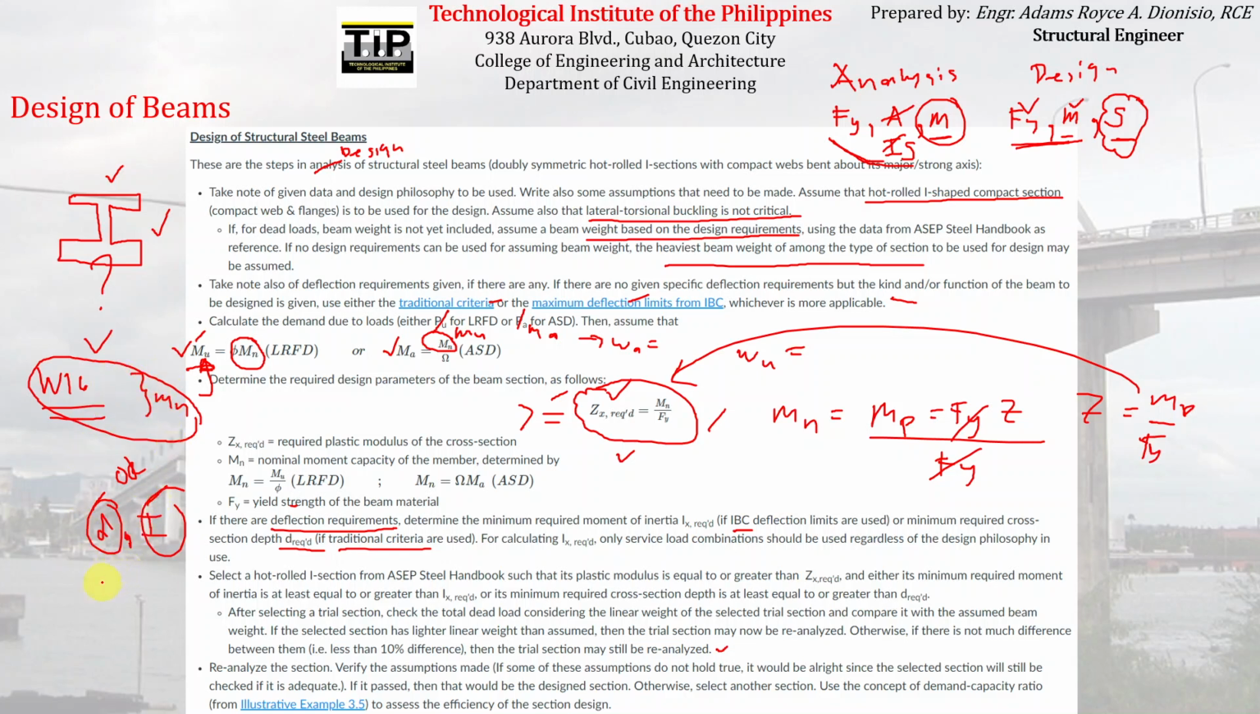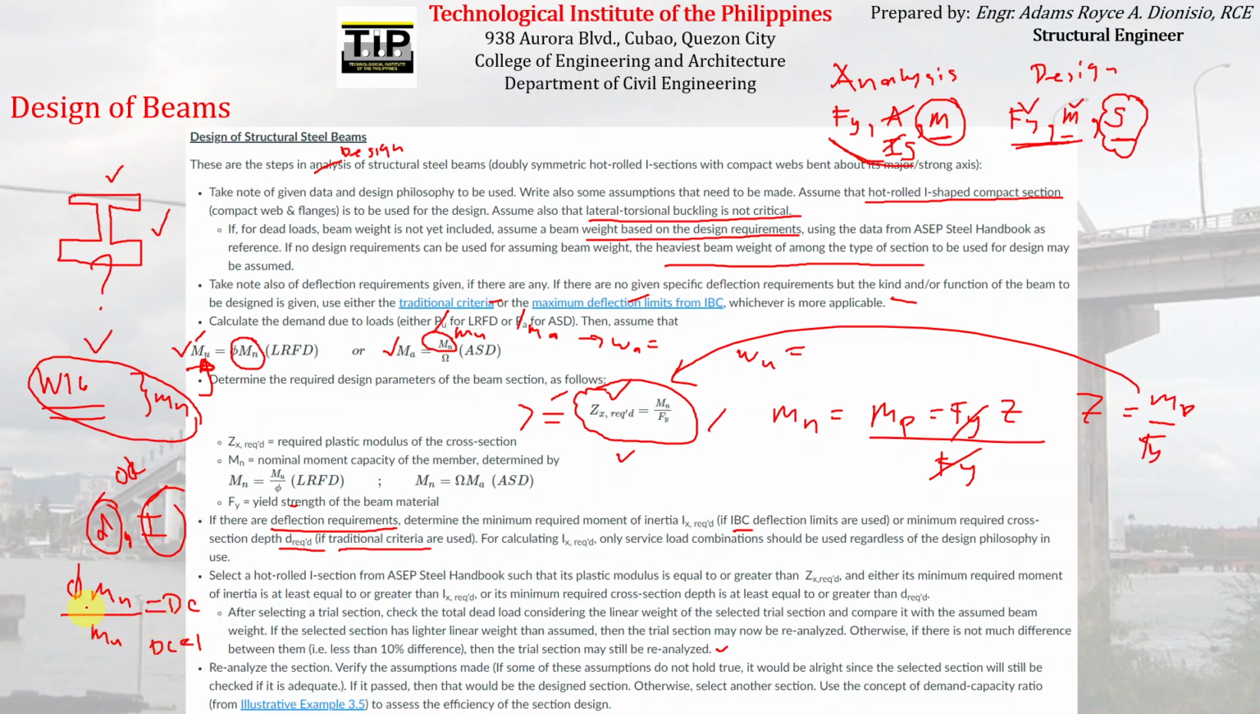After you have computed Mn, you can multiply it by phi and then divide it by the given Mu. As you can remember, that is actually the demand capacity ratio. As much as possible, the ideal is that the demand capacity ratio is equal to 1, or at least near 1, but will not exceed 1. Because if the demand capacity ratio exceeds 1,